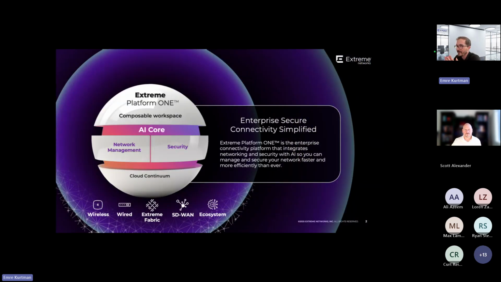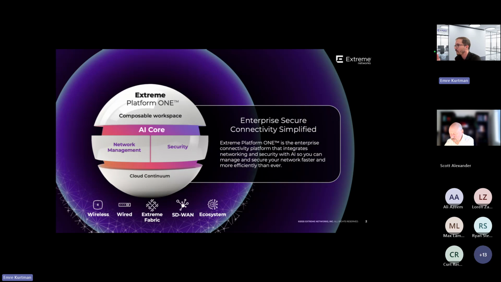So I understand that there are some of you who are seeing Extreme Platform 1 for the first time, and some of you have already seen it, even a live demonstration. But I will briefly introduce what Extreme Platform 1 is in a couple of slides, and then I would like to move on to the live demonstration. I would like to spend the majority of the time on the live demonstration, so that you get a feeling of what Extreme Platform 1 is and what our capabilities are in terms of AI and other parts of the user interface.